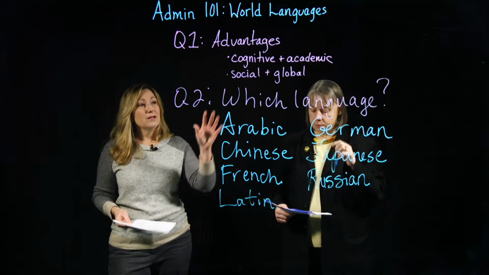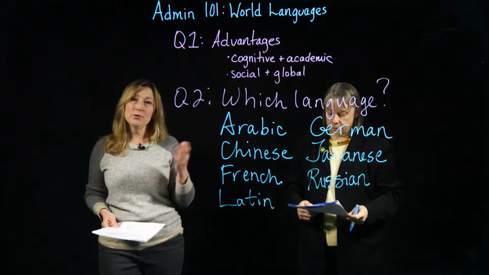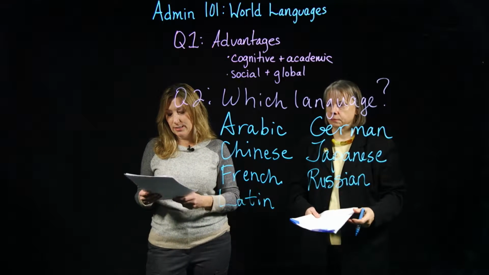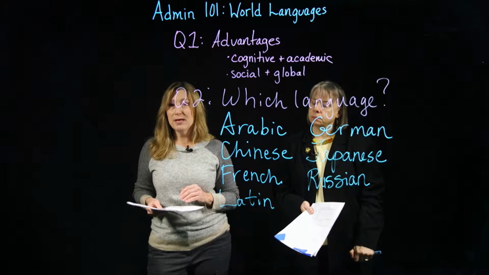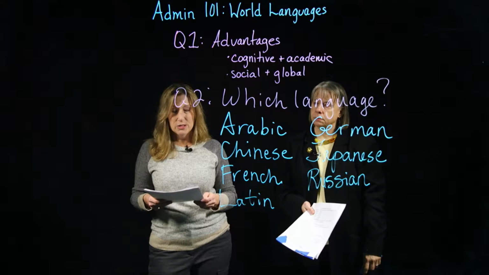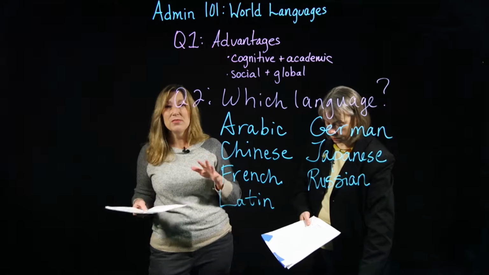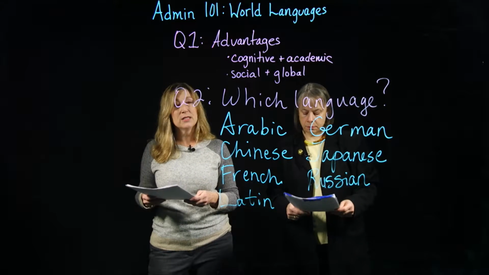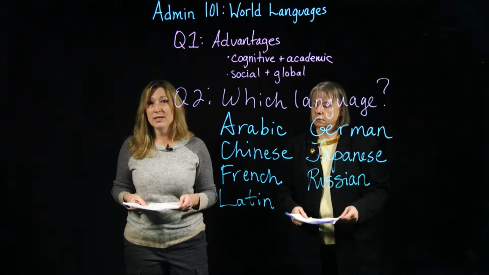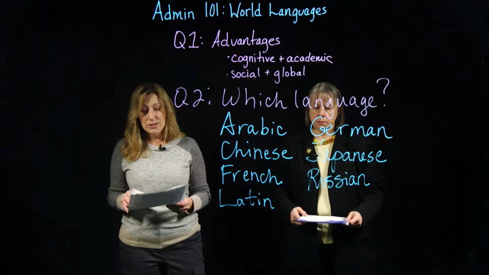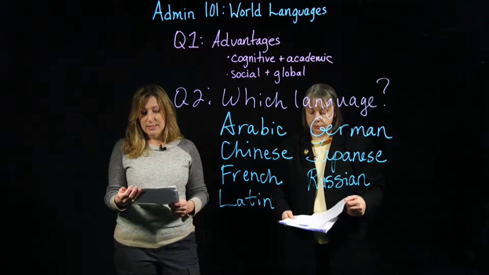So when we get down to this, and we've looked at the world, now look at the United States. How many people in the United States speak Arabic and Chinese? So the numbers get a little bit smaller, logically. Arabic, we have a little less than 1 million people in the United States that speak Arabic. Chinese, almost 3 million. That's a large number. French has about 1.3 million that speak it. German is a little over 1 million throughout the United States. Japanese is almost 500,000 who speak it. And Russian, we have roughly almost 1 million who speak Russian in the United States.